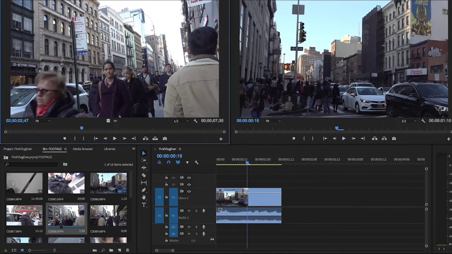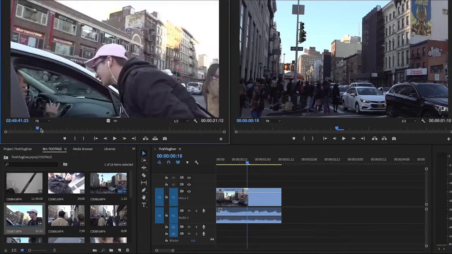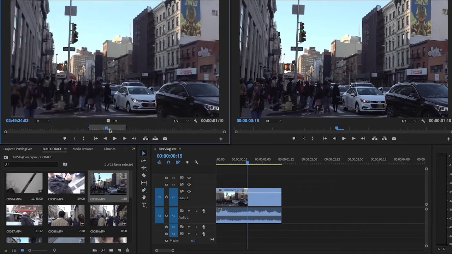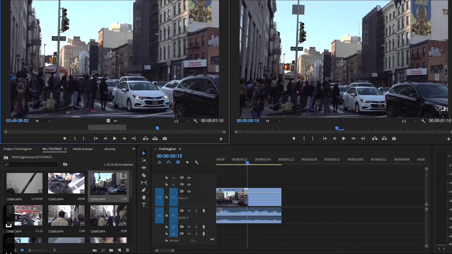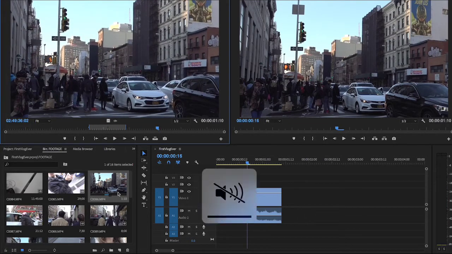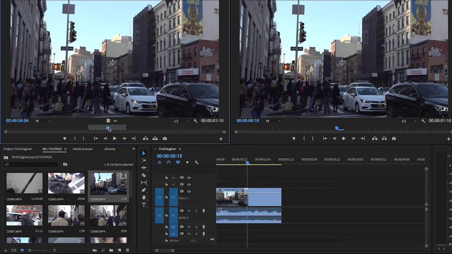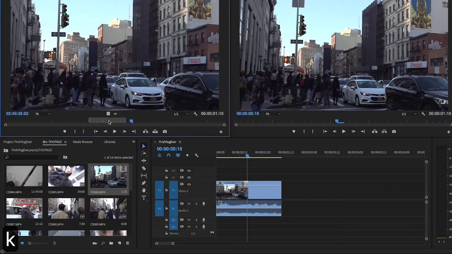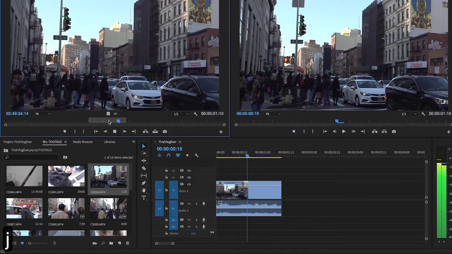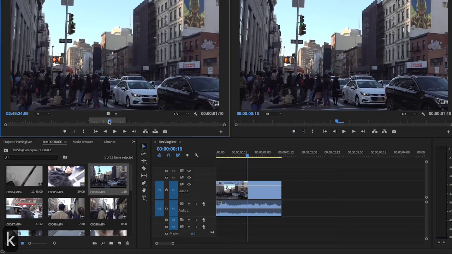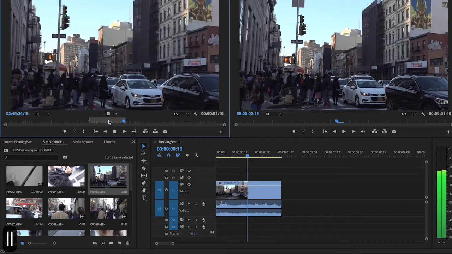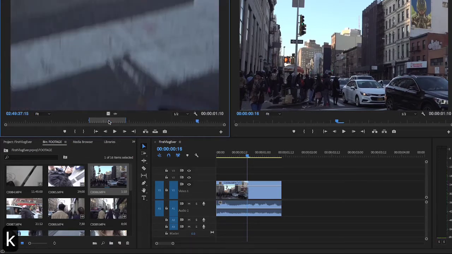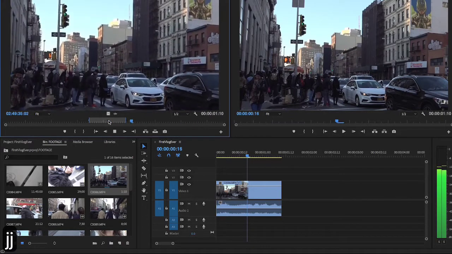To preview the footage I want to see, I'm just double clicking here on all of the footage that I shot. I can press spacebar to preview. And a quick pro tip is you can use these shortcuts J, K, and L to shuttle forward, backwards, and to stop your footage. It's a really easy way. So I'm going to press L to go forward, K to stop, and then J to go back. Say I want to go through this footage super quick. Well, you can double click on the L to go twice as fast, double click the J to go twice